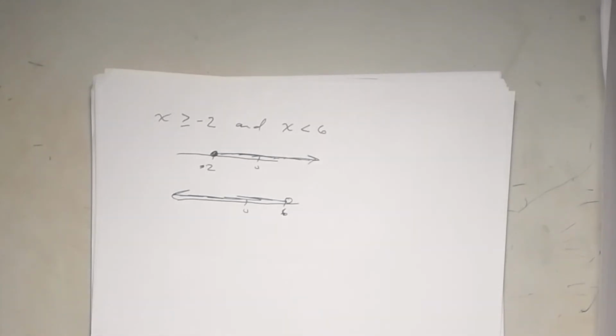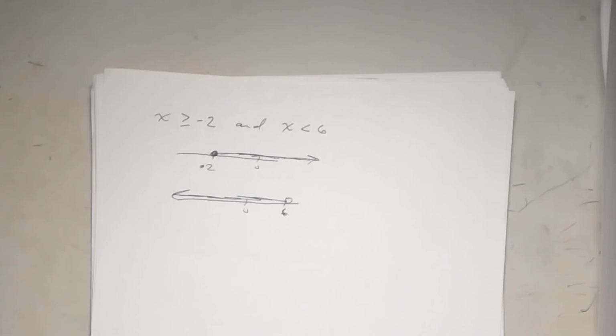So what do you graph? Oh, I'm sorry. What do you think the solution is going to be? Anything between -2 and 6. Any number between -2 and infinity. No, you had it right the first time. Because remember, it's anything that is what? Shaded. Yeah. I'm sorry. No, anything